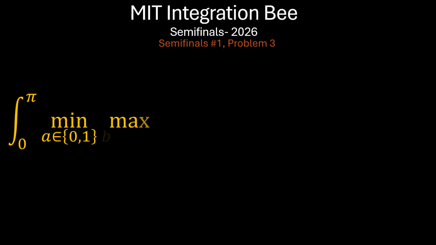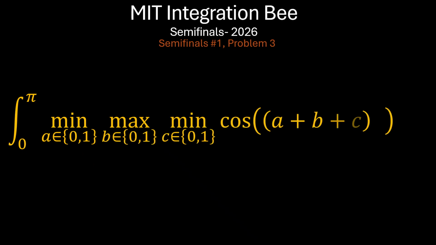to pi of the minimum, where a is an element of the set {0, 1}, of the maximum where b is an element of the set {0, 1}, of the minimum where c is an element of the set {0, 1}, of cosine of (a plus b plus c) times x, with respect to x. So this is a very interesting problem. I hope you hang around and see how we may be able to solve this